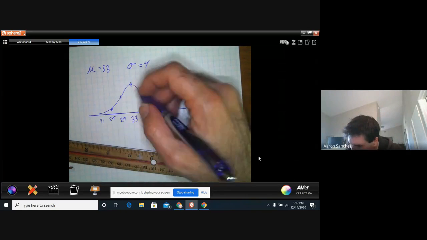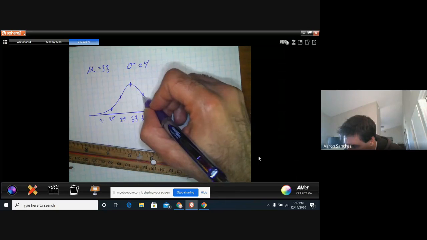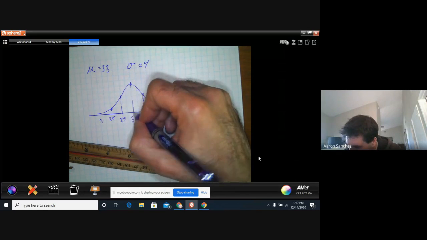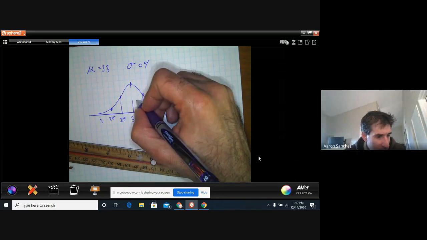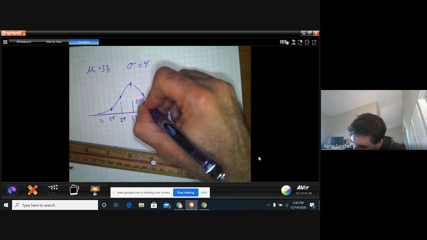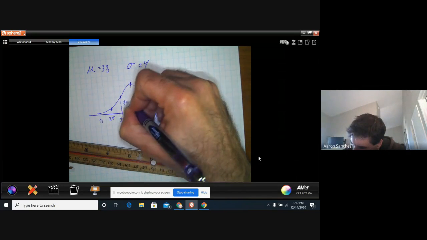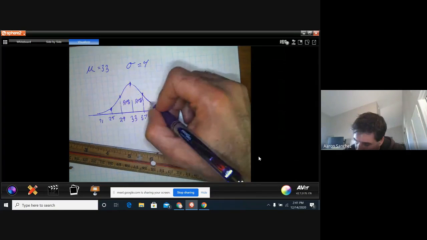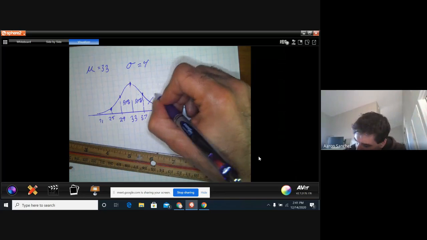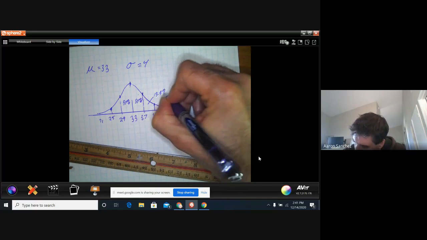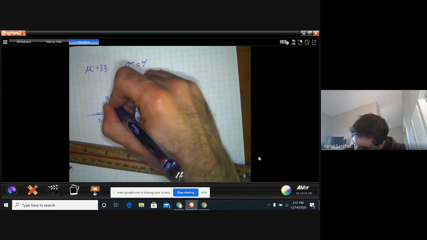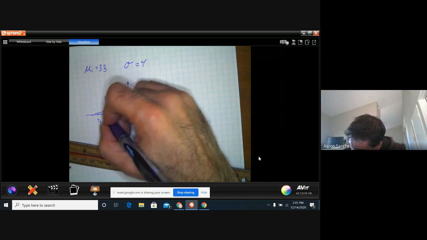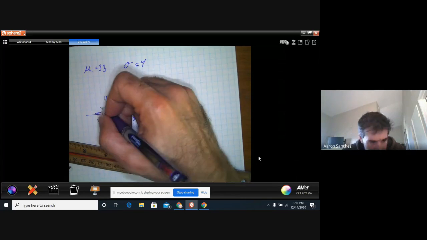Now, if you look at your phones, like I said, you've got to figure out the areas of these. So this is, remember, 34%. This is 34%. Now remember, right here we have 13.5% for this one. We're building it. You've got to build the curve in order for us to answer this. And then we have here, this is going to be